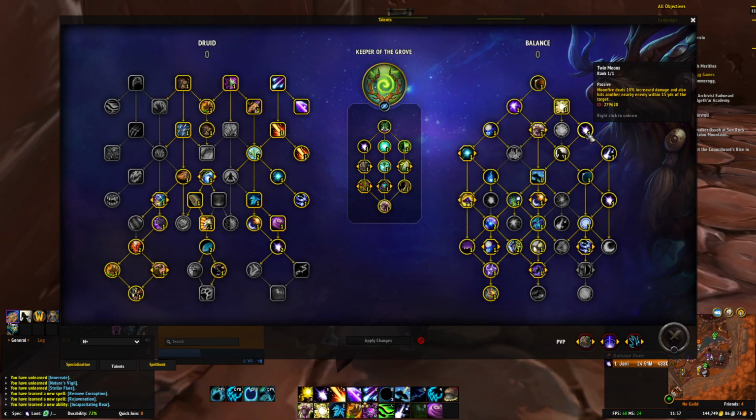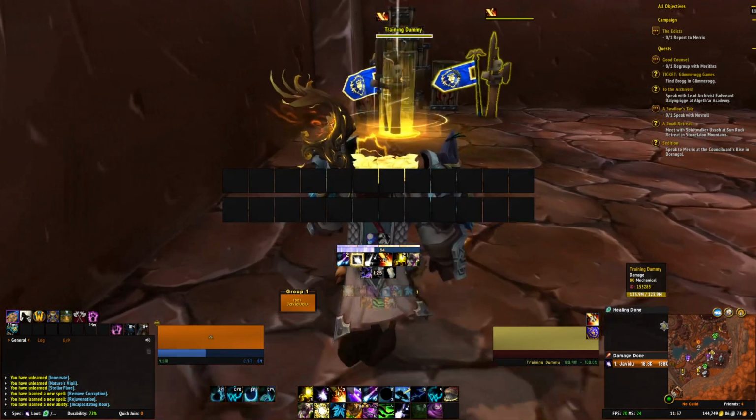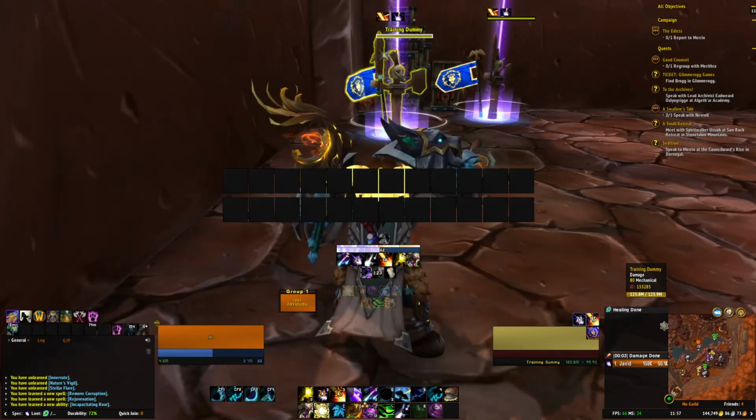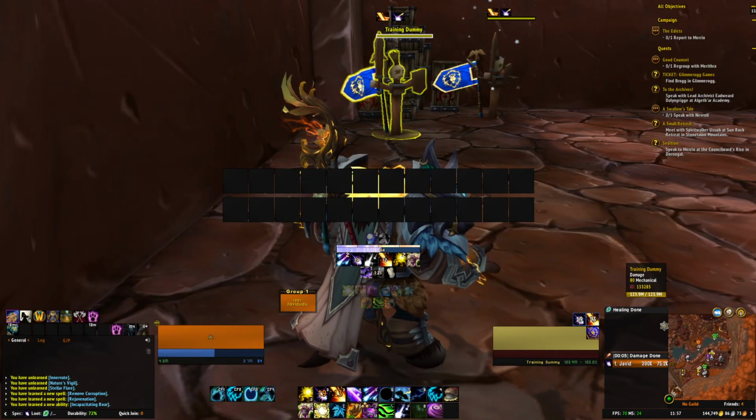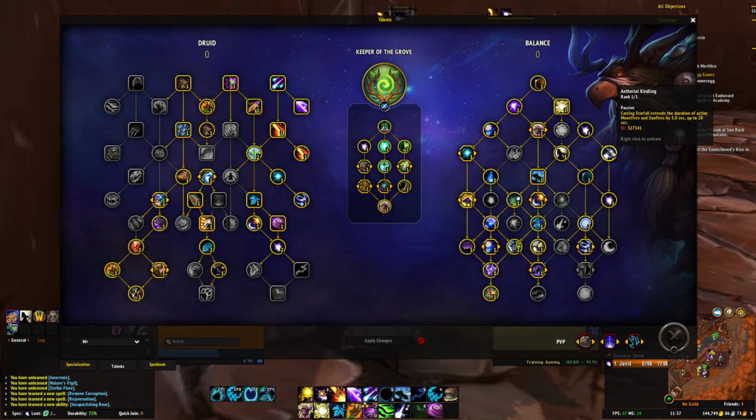We have our Moonfire here, also dealing increased damage, and it hits another nearby enemy. So, you know how Sunfire also does nearby targets? When you use Moonfire, it will also do 1 nearby target in the Mythic Plus build. So it helps you get your Moonfire out, because we want to dot up all targets that we can in